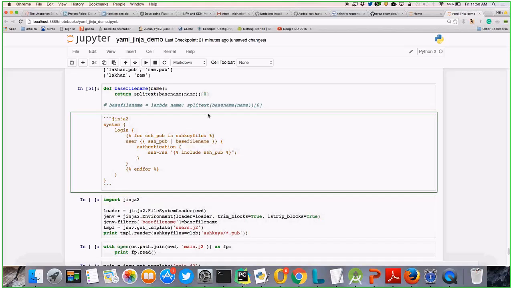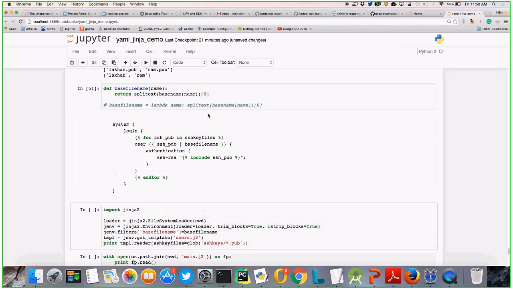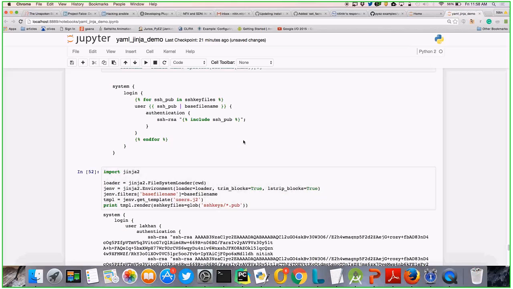As I told you, you can define your function, and that too you can use for your filter. Okay, and this include SSH pub. What that will do is, for each key file, it will take the content of that file and include it here. So we have an include keyword in Jinja template which takes the content of the file you are providing and puts it there.